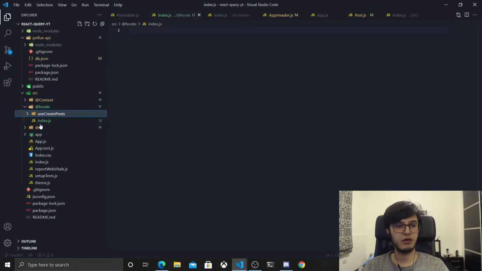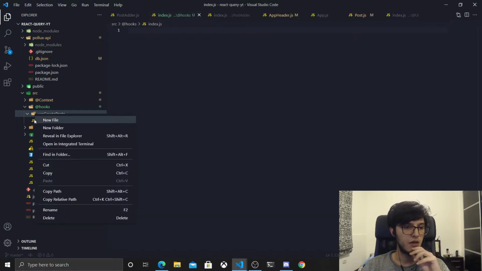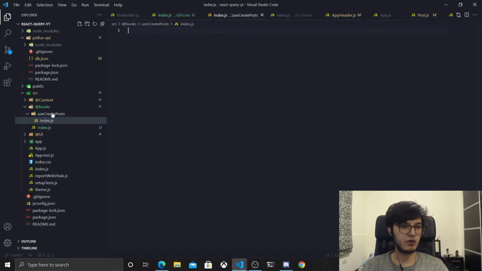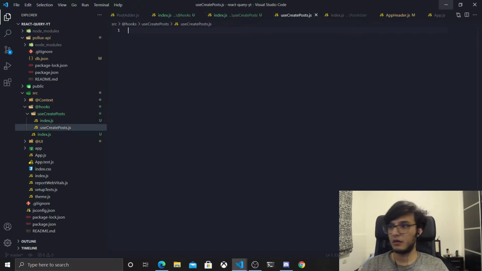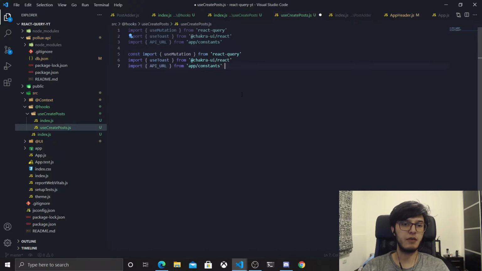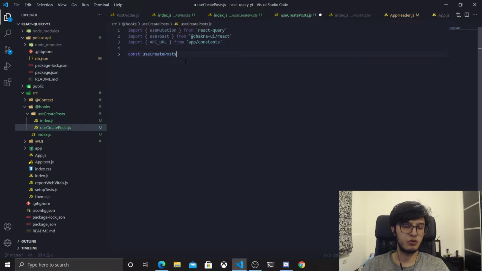This will be our shared hook that we use everywhere to create post, which is very nice. I'm gonna create an index.js for exporting everything from here, and I'll file the same name. Let me look at the previous code. So I'm gonna import these things, the useMutation, the useToast, and the API URL, and I'm gonna create a variable called